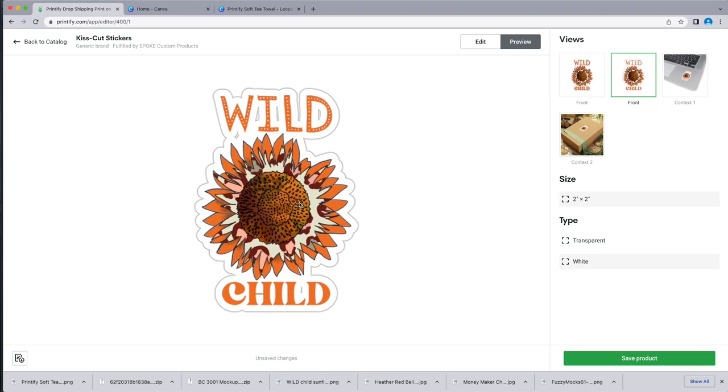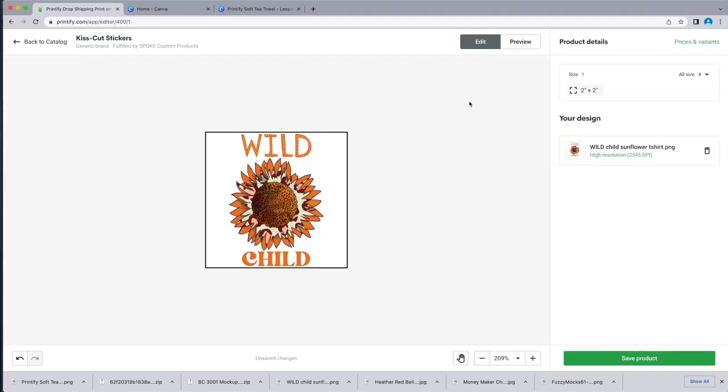Now, you may want that, like if you wanted 4 different things in the different corners and people to have 4 different stickers that kind of coordinated, that works out really well. And I'm going to show you an example of that. So let's go back to the edit. And before I show you that example, I'm